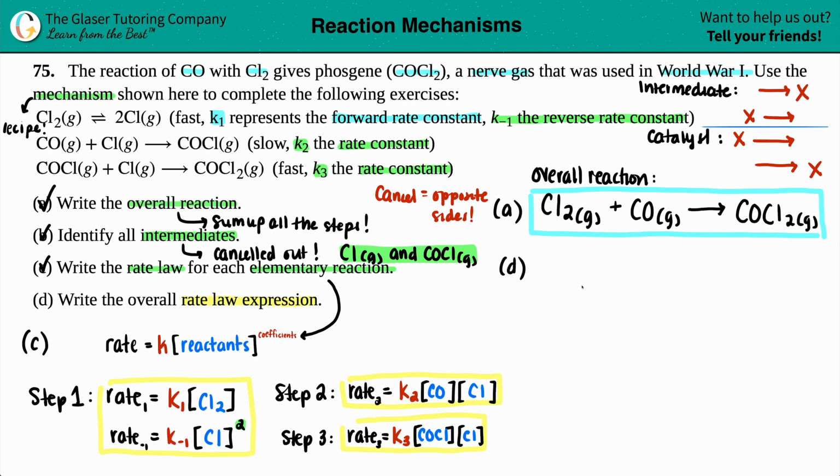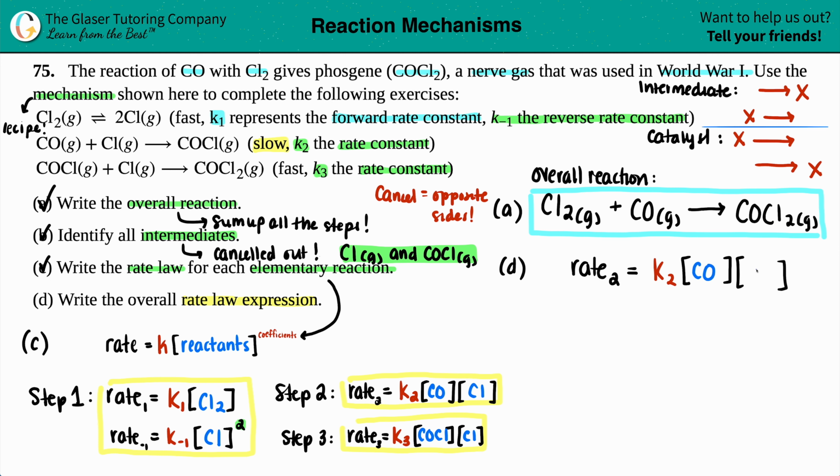Generally speaking, you always write your rate law from the slow step. So wherever the slow step is, you find it and you take that rate law. In this case, they told us that the second step was the slow step, right? So since the second step was the slow step, I'm going to take that as the rate law. We always start from there. So our overall rate law starts from the slow step, and that's the second step in this case. So I'm just going to say rate 2 equals K2 times the concentration of